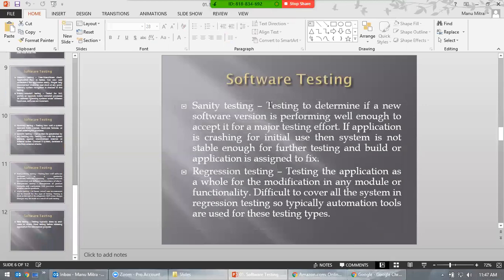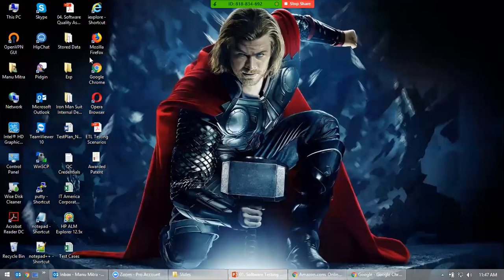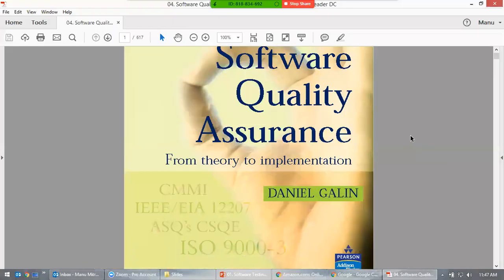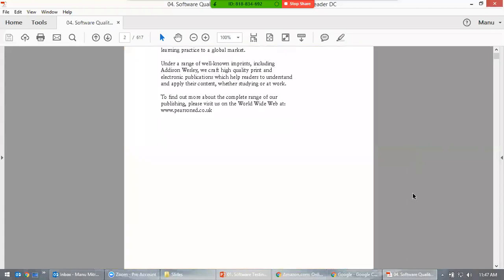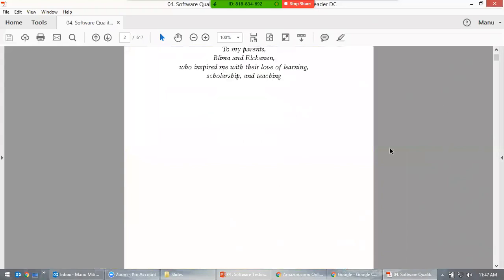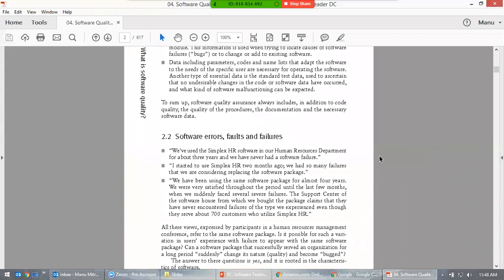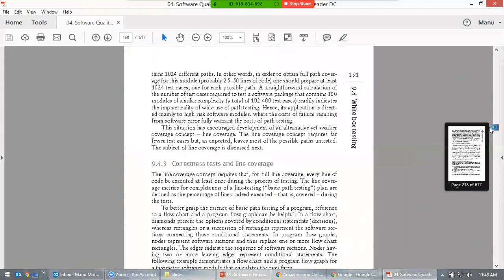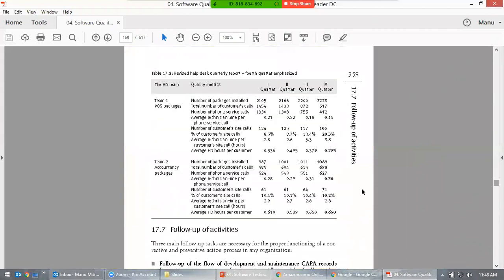Today I'll send this slide, and also there is a book, if you want to refer to it. I'll send this email. You don't have to read it now. Whenever you have free time, you can refer to it just to get an idea of what testing is about. Maybe they have covered a lot more than testing, but you can refer to the approach, how you test and what you do. So you can have it sent by email.